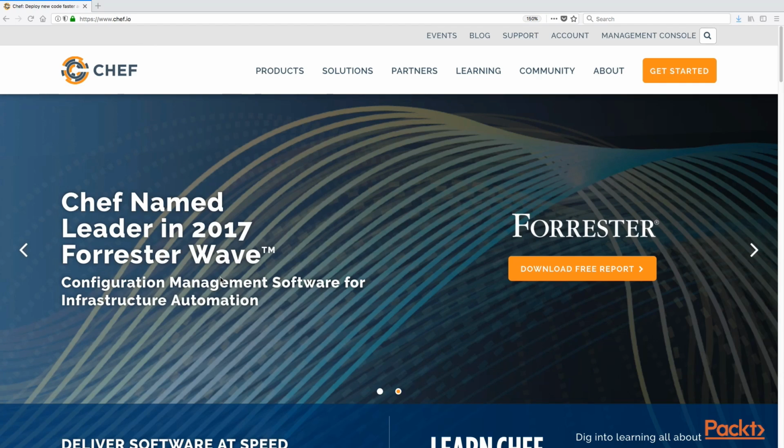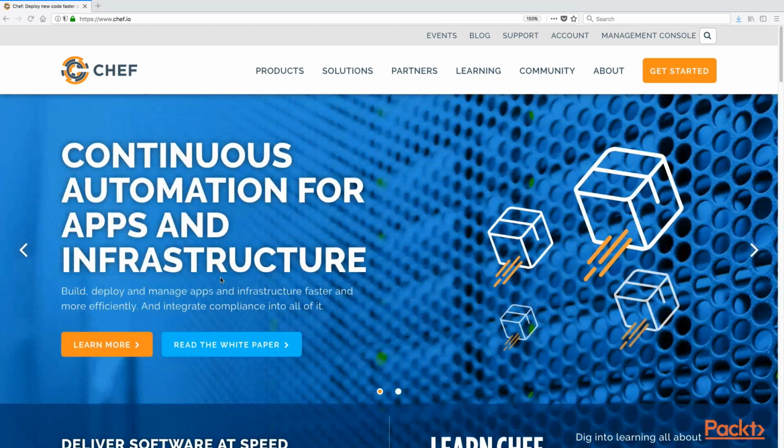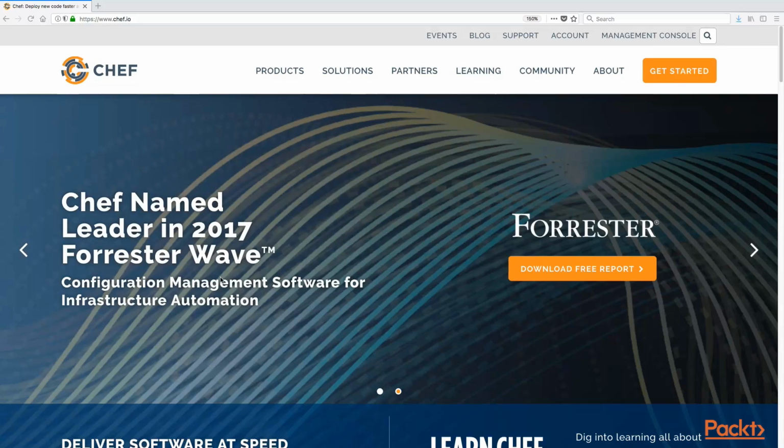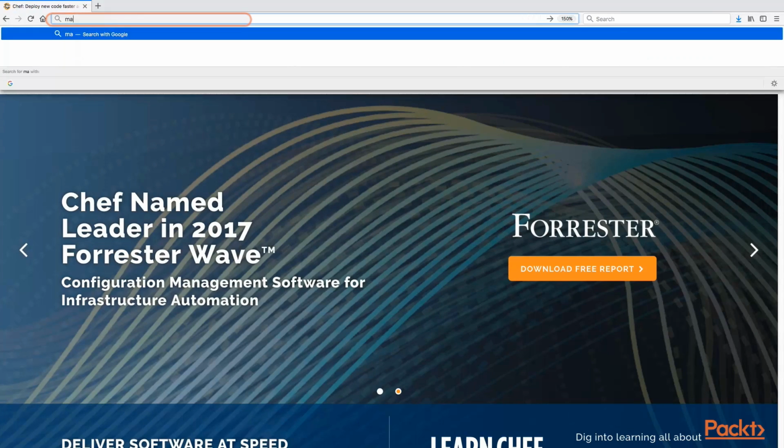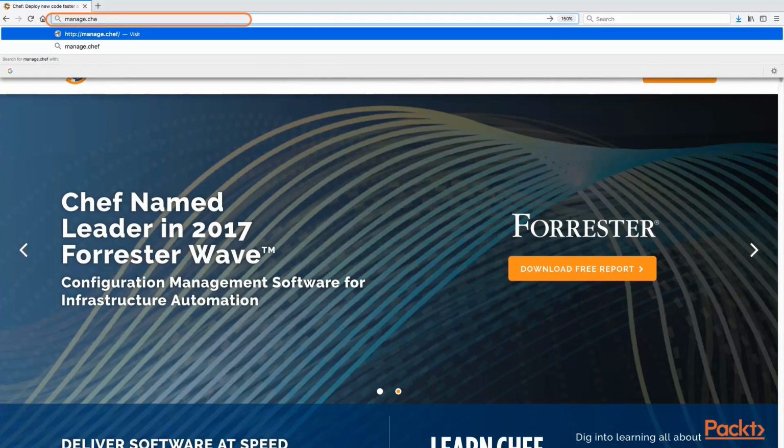The Docker engine has various configuration parameters that we may need to tune in order to optimize its performance for our container applications. We need to be able to track and propagate the settings we made to all worker nodes in our Docker Swarm cluster. By using configuration management software like Chef, we can automate the build and setup of our Docker Swarm cluster. To begin, we will first register for a hosted Chef account. The URL for signing up is manage.chef.io.